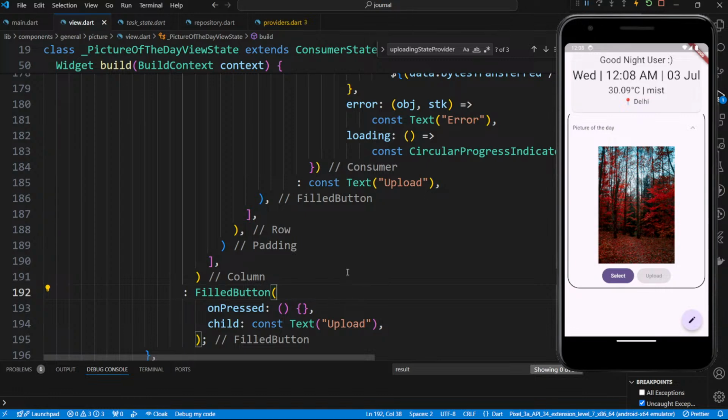So let's do one thing. Let me log into my Firebase and make one change. I'm not showing you the Firebase for now, but you get an idea. So I've removed the file from the database. Now if I restart the page,